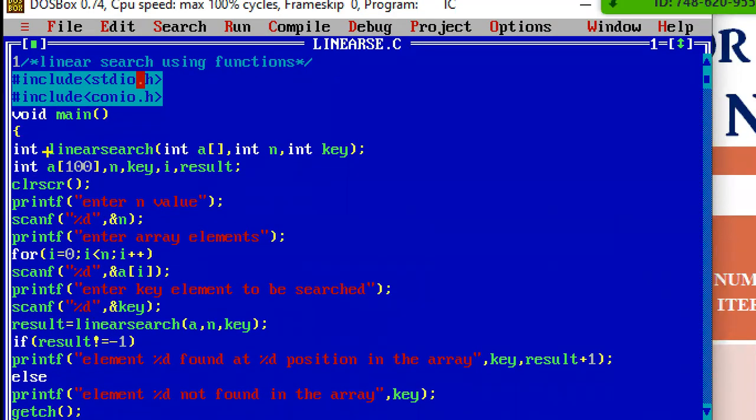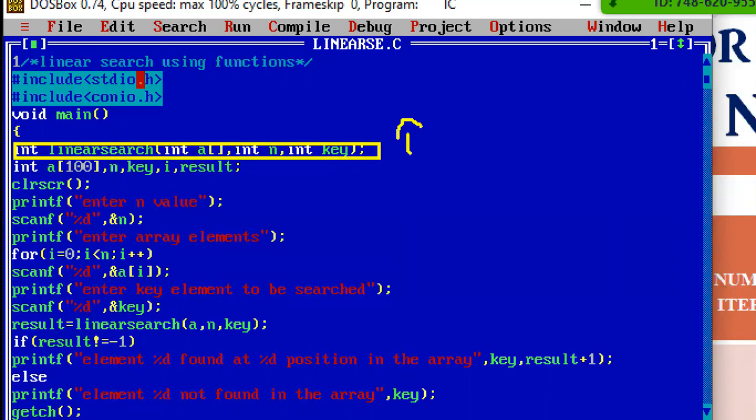Okay, so in this program, we'll solve this particular problem by using functions. The 3 steps we already discussed long back. The first step is function declaration, and this is a function call.